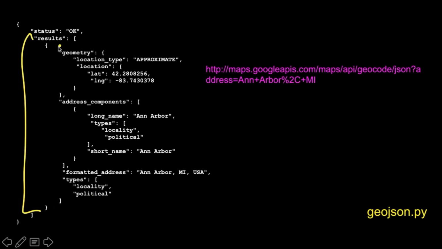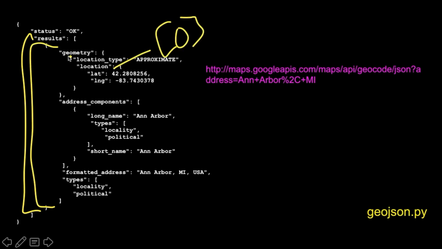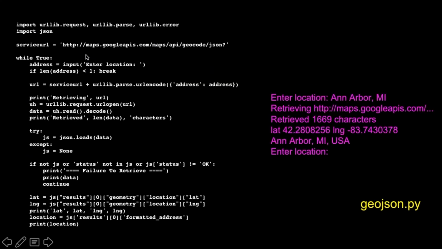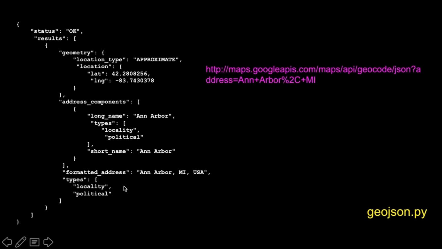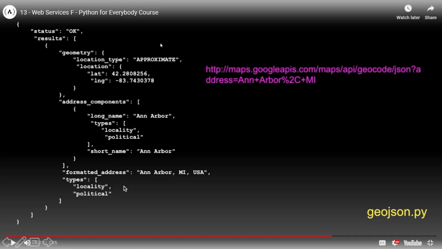So the zero item is this. This is the sub-zero. And then geometry within that sub-zero item. So if we look at that, it is the outer dictionary, the first item in the list, sub-geometry. So that grabs one part. That grabs sublocation, sublat. That's what he's going to say, but I'm not going to skip it. I just want to go over that.